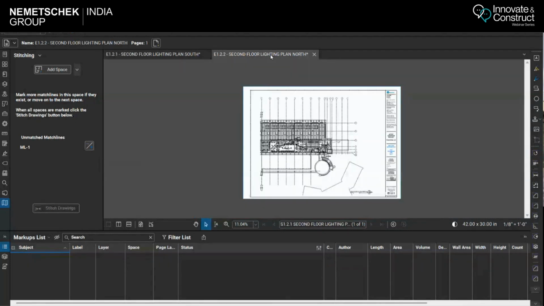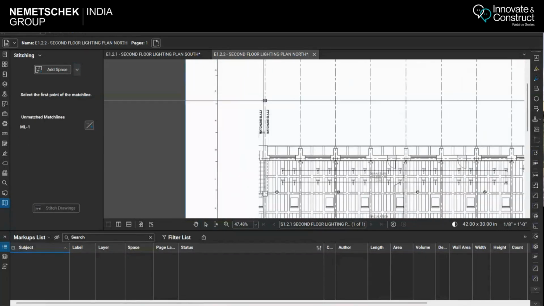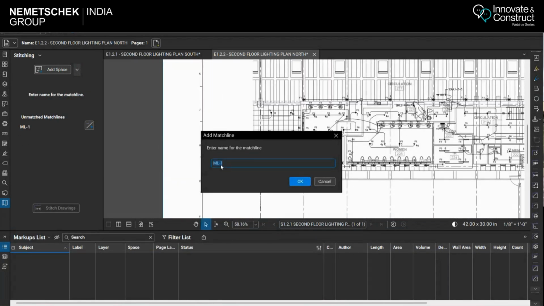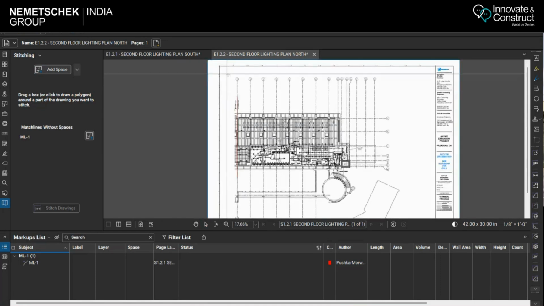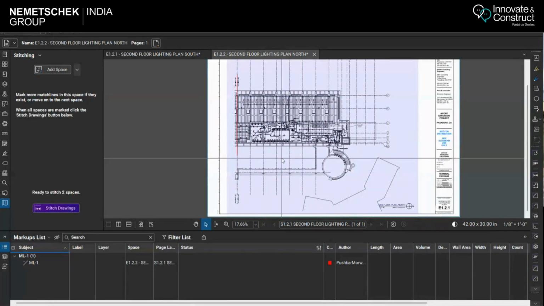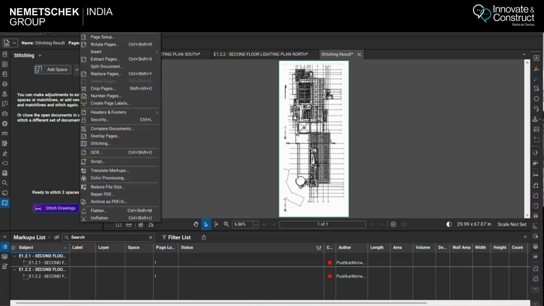Similarly, I will have to do it for the other drawing. So first I will add the match line and I can select any two points on this line and I will put the same match line. The same match line I will use and I will add the spaces, maybe from here till here I want to include. So we have to define two match lines and two spaces. And then once you say stitch drawing, it will perform this stitching and maybe you will have to